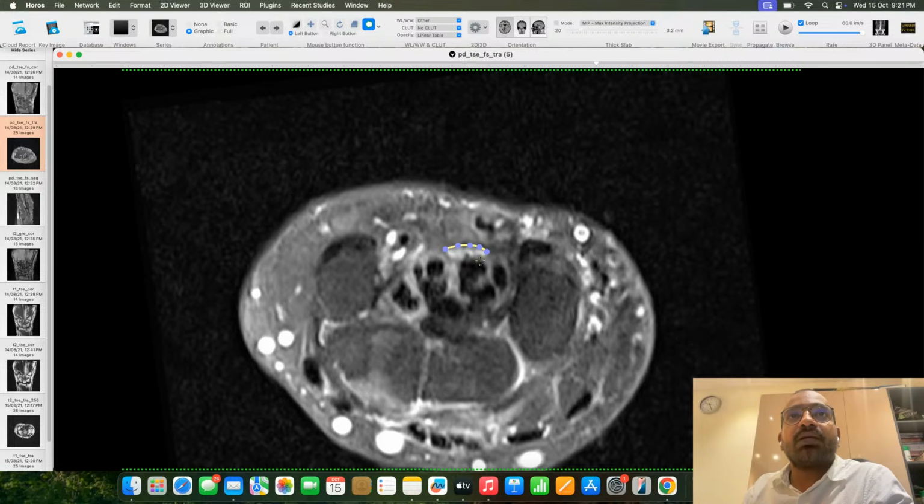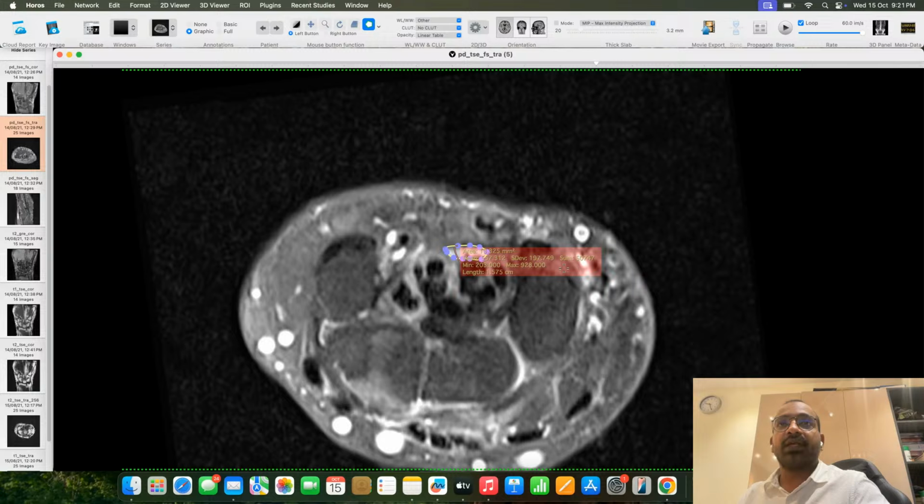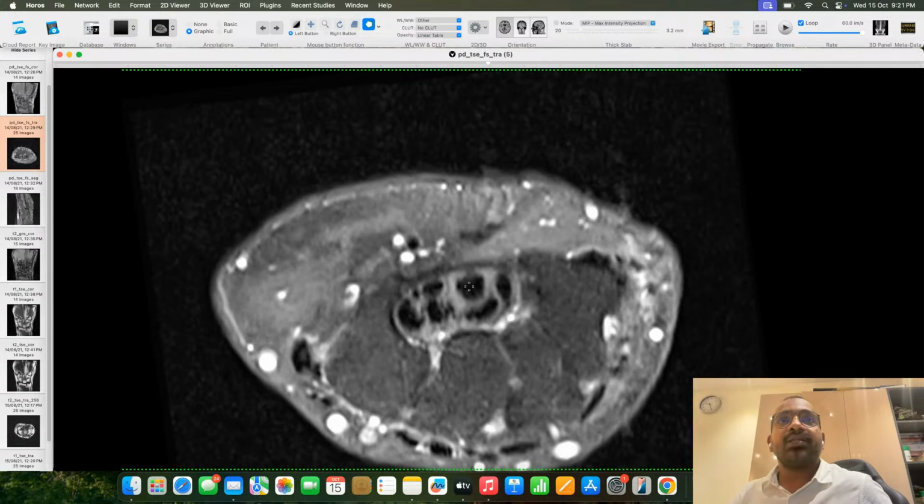I'll trace along the margins of the nerve, and then I'll get the area. This is the area: 13.325 millimeter square at the level of the inlet, and then I'll measure at the